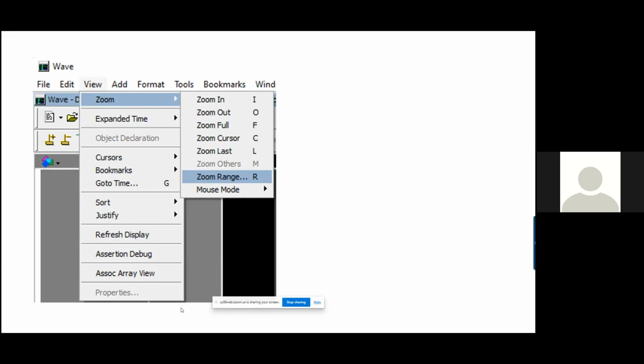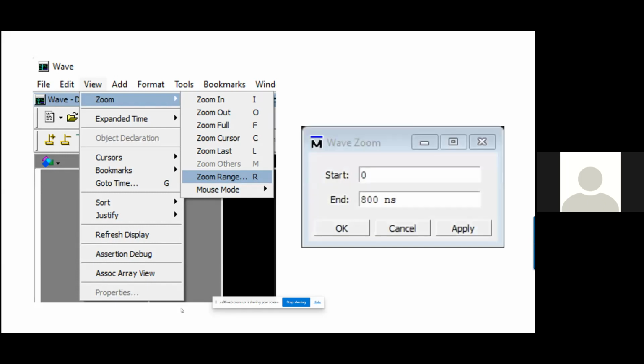Now I'm selecting a range. There is an infinite range as we start simulation, so we want to set a range. We set the range for zoom, meaning the visible portion of the simulation shown on the wave editor. For the zoom range, it is up to you how much time you want to watch. As an example, I go for 800 nanosecond simulation. So I just enter the start and end point and then apply and OK.